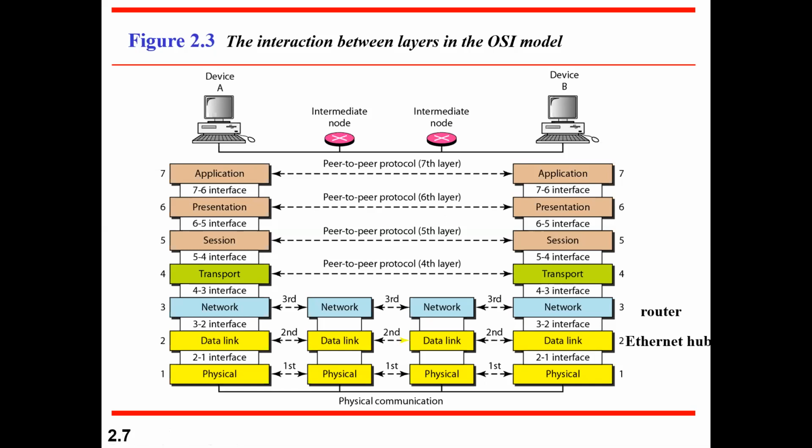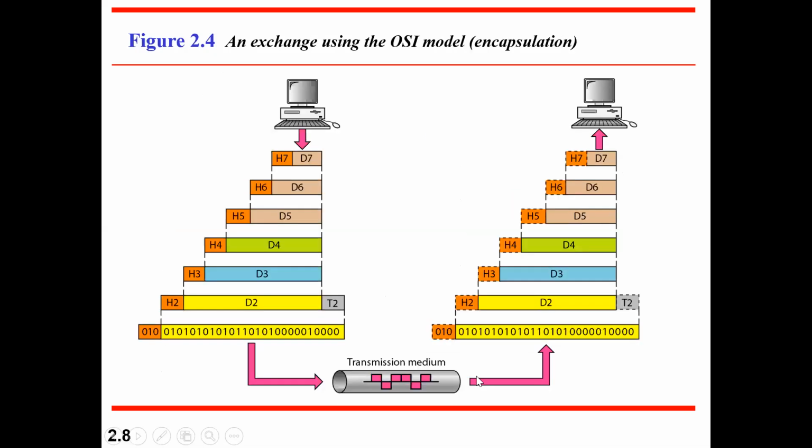So it will just take a small halt at the intermediate node, which will have physical, data link, and network layers. Suppose this intermediate node itself is one more end system, then all these layers will come into play. Keep that in mind. That's all. Next, we'll go with how the exchange will move.